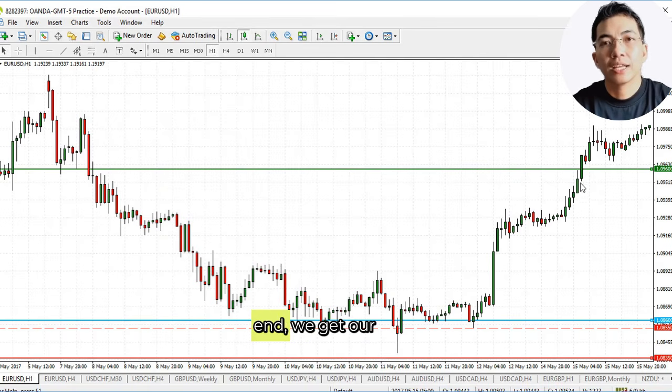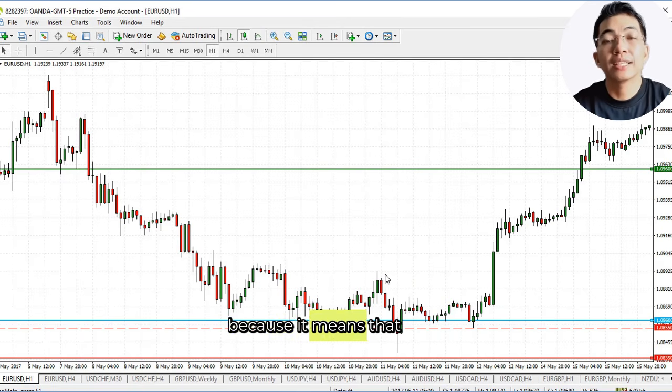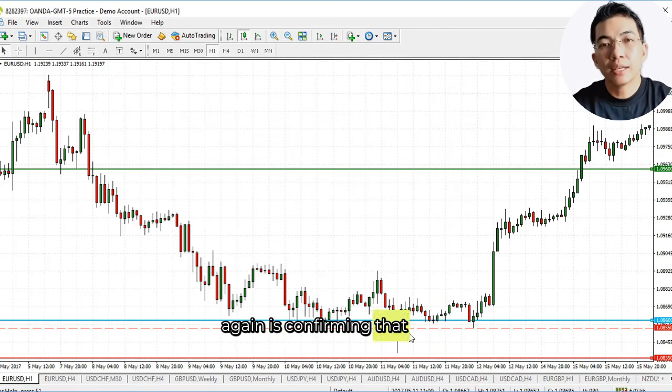Okay, so at the end we get our profit here, but let's analyze what happened in between. After the hammer, the price starts to go up. This is quite good because it means that the analysis was correct. Then there are several candles that push the price down, and with this candle we are very close to our stop loss. From one side, I will be worried at this point. From another side, I have another signal right on the support. I have this bullish engulfing pattern that once again is confirming that buyers are stepping into the market when the price is around